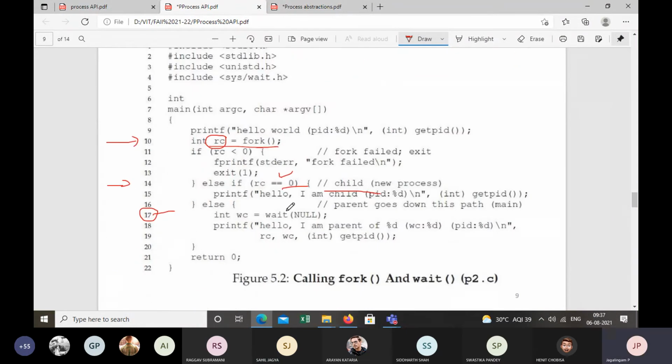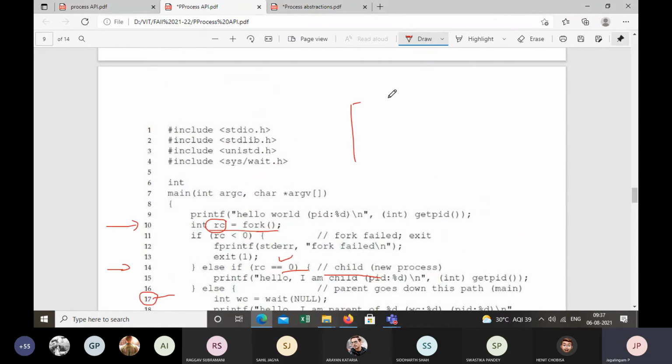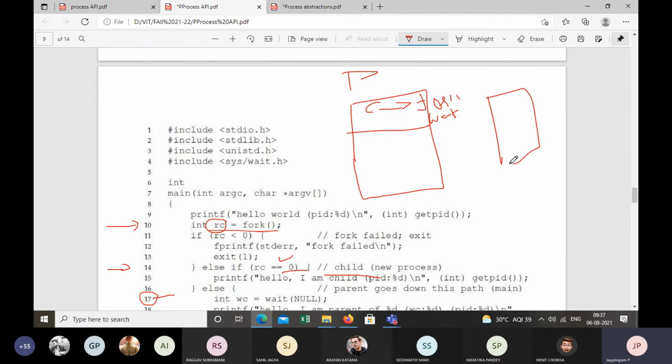Okay. Fine. So here, you have a parent process. In the parent code, the parent is invoking a fork system call and wait system call. When fork happens, an exact copy is created. That is the child process. Now the parent has invoked the wait system call.